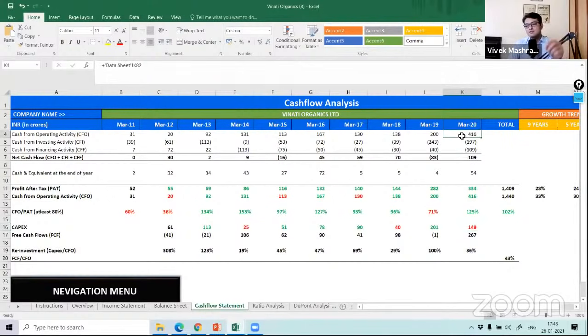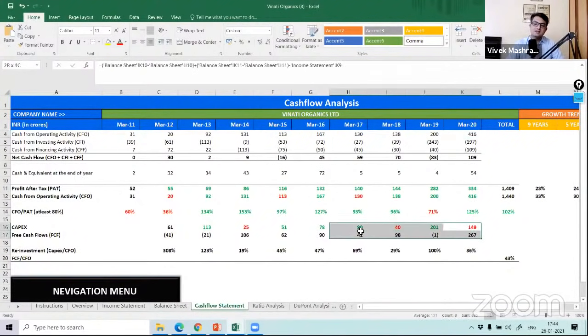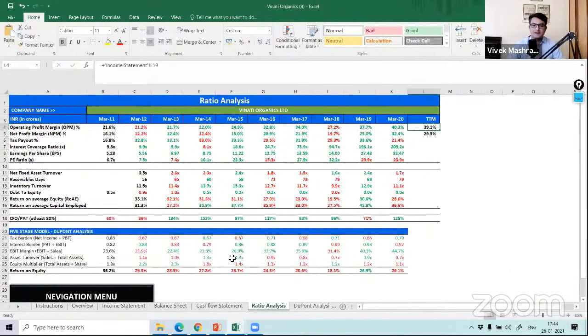Because you have to reinvest your cash flow from operating activity into a newer growth area, and it should be done at a good return on capital employed. That is what we will also learn. But you have to basically put money to work so that you can expand and grow your sales. So that is why, more than free cash flow, ideally it is good to look first at capex, and if they are able to do it at a generous return on capital employed, that is a good thing.